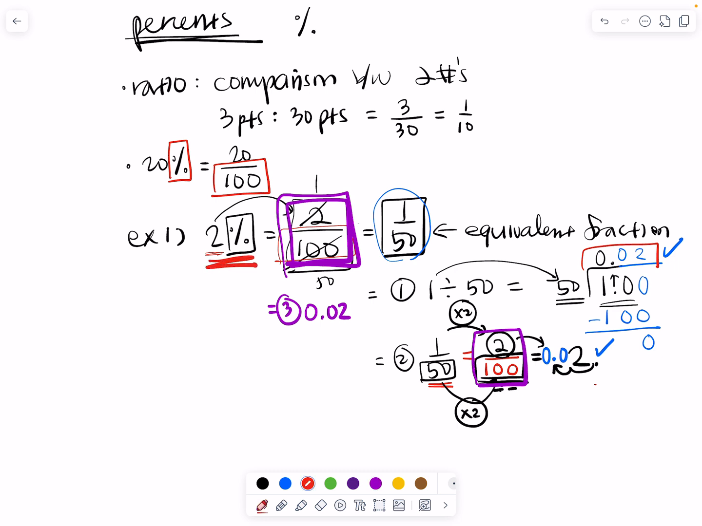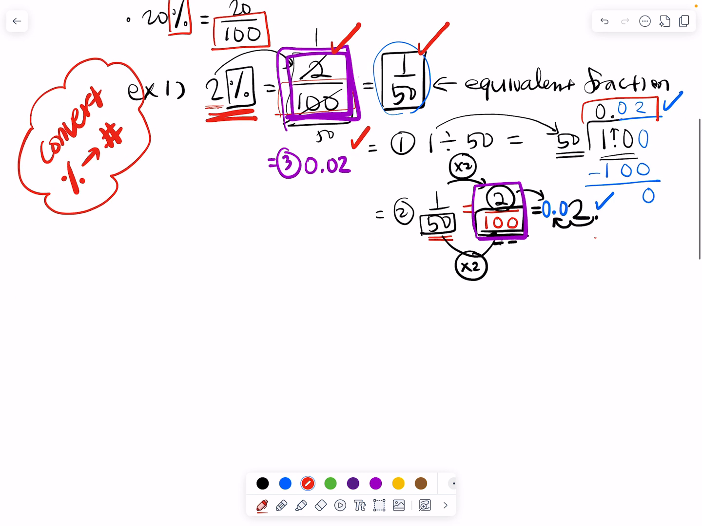2% is equal to not only 2 out of 100, but if you reduce it, it becomes 1 out of 50, and it's also equivalent to 0.02. That's how you convert. This is how you convert a percent to a number. Okay, let's close that. And then the second example is,